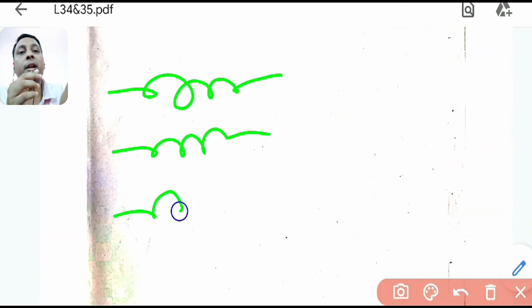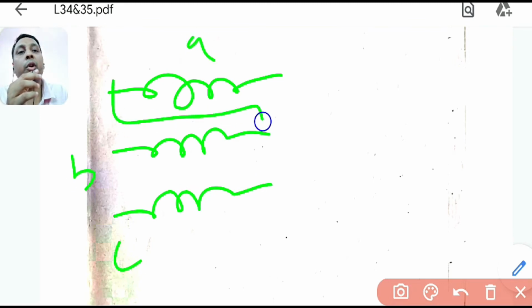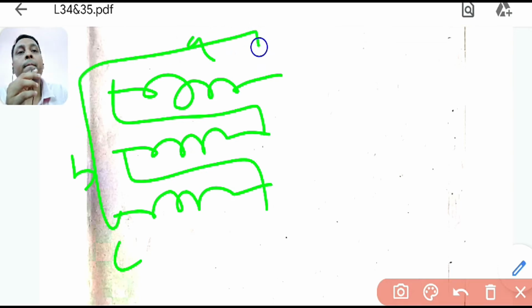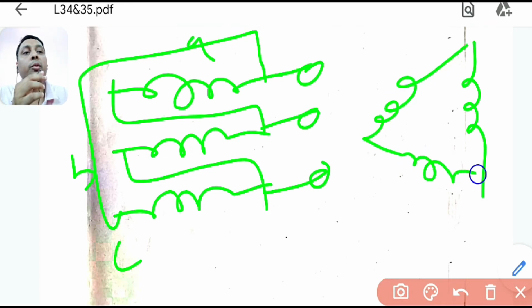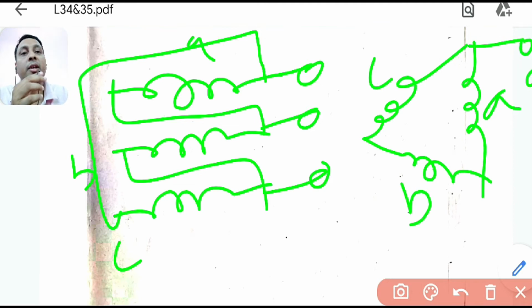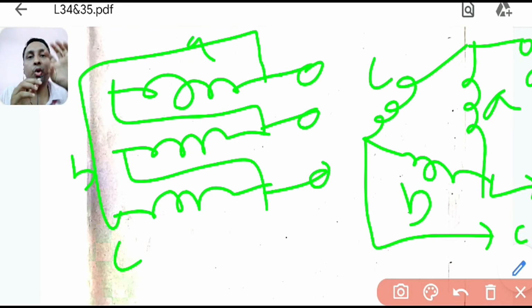Now one more. Just suppose this is my connection. This is the last time I am drawing A, because this is very important. That's why I am drawing it again and again. So how will this look physically? This will be an A coil, this will be your C, and this will be your B. You will take this one as a terminal, and you can see here B and A are connected. So this is your B terminal, and this is your C terminal. This is the way I will show it in delta.